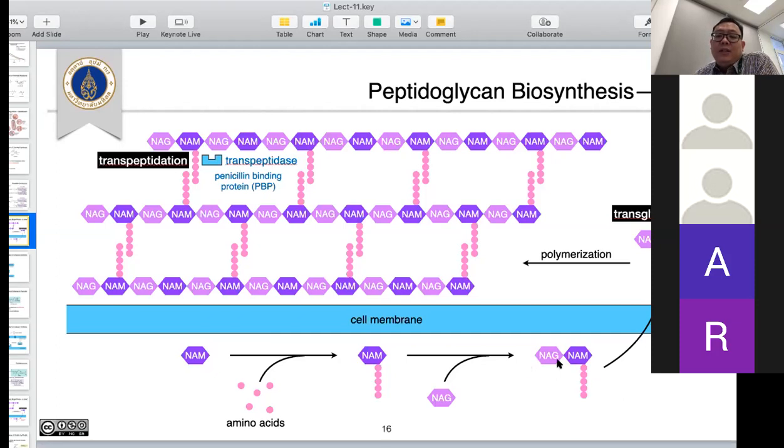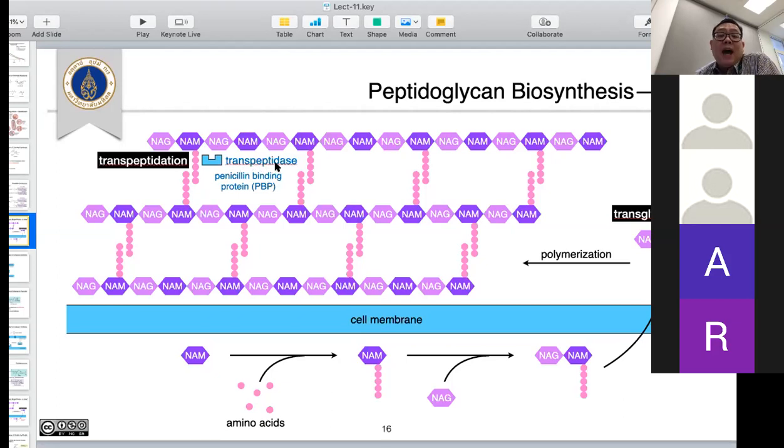And this subunit needs to move from inside of the cell across the membrane, and if gram-negative, go to the periplasmic space; if gram-positive, go to somewhere around the cell, okay? And then this subunit needs to link more and more and more, polymerize to be a very long polymer, okay? And they use another enzyme called transpeptidase, to link the side amino groups together, okay? This enzyme,